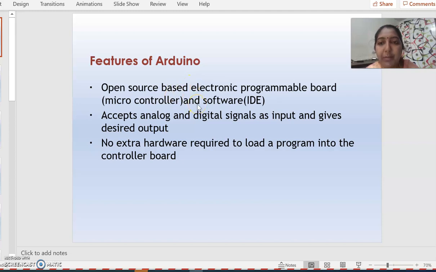In this lecture, we are discussing the Arduino board configuration. Whereas in the previous lecture, we had seen some basic details related to the Arduino board, here I am revising again the main features of the Arduino. So, the first point is Arduino comes in the form of open source hardware as well as open source software.